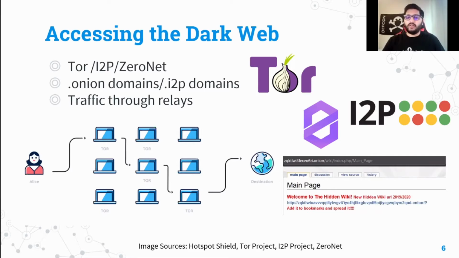And the basic analogy: Tor, the full form is The Onion Router. The analogy of the onion is that the packets are encrypted in several layers, and it opens one by one when it goes through different nodes. So that is why it is difficult to determine who is accessing what. And as you can see in the image where you see a URL, the URL of the dark web, or of Tor specifically, is alphanumeric, and for Tor specifically, it's either 16 characters or 56 characters, depending on the cryptographic algorithm used behind it.